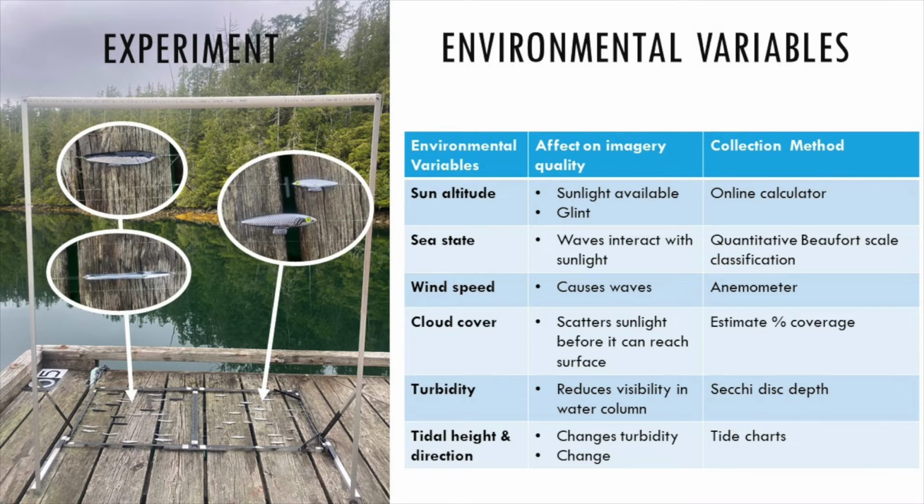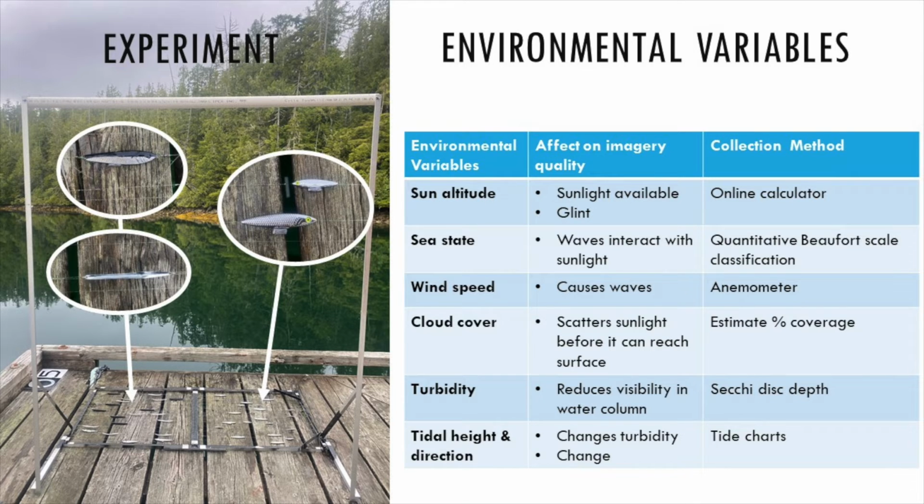In order to identify what environmental conditions are ideal for mapping forage fish, I designed an experiment where we took videos of a model fish school at 4 depths in a wide range of conditions. The lures were chosen to represent forage fish seen in test surveys, where we saw dark fish over light bottoms, represented by this dark fish on the top left, and fish flashes as fish turned on their side and reflected